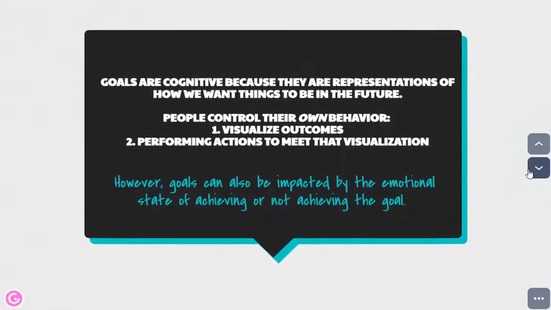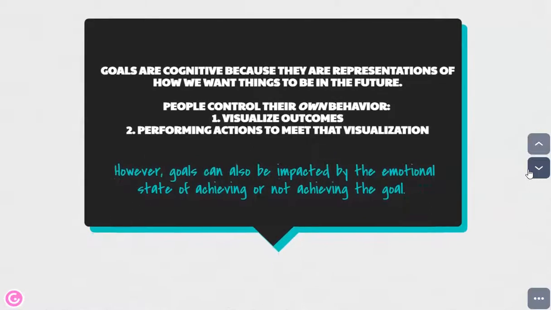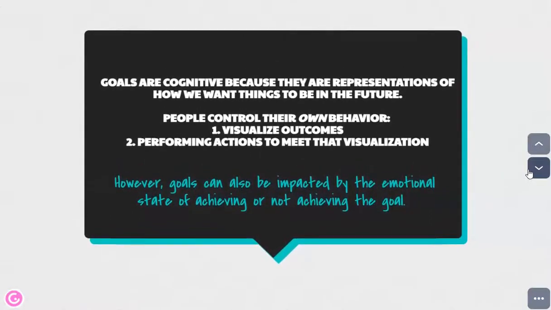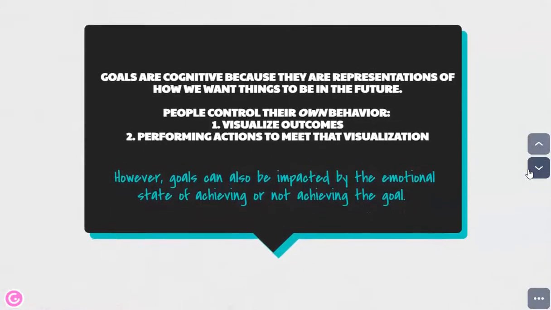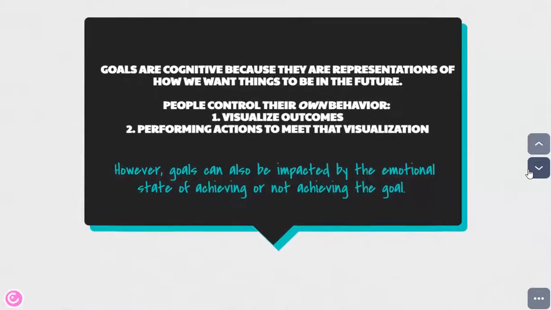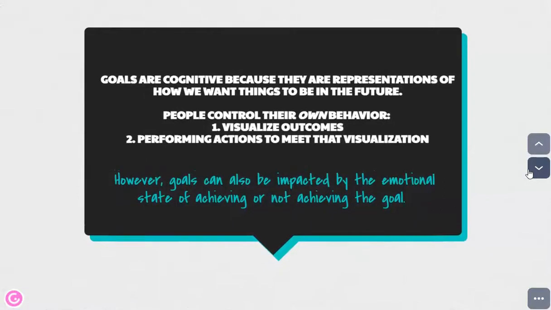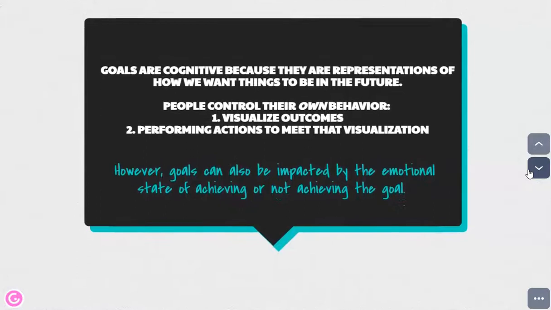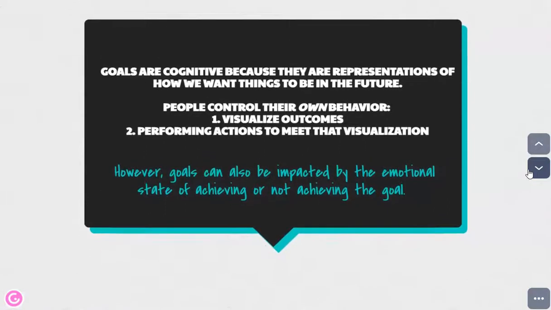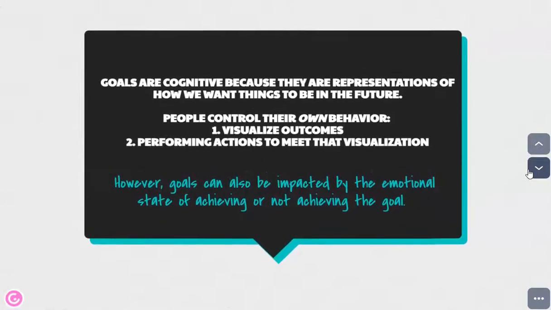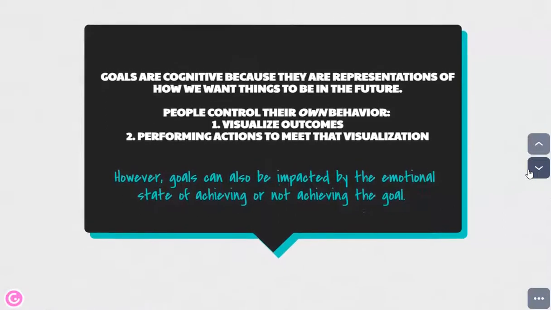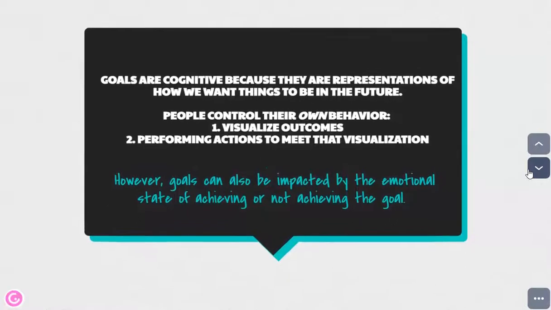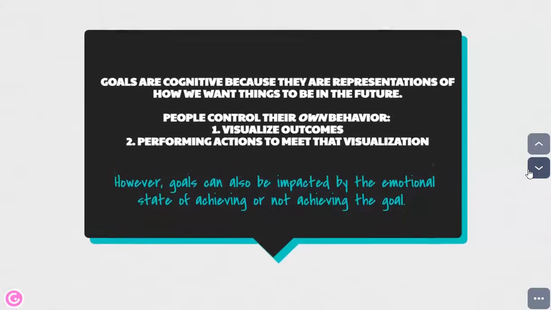So for instance, if someone is on a diet and wishes to lose weight, they think about how much weight they want to lose, they visualize the outcome. By the end of this diet, I want to be X amount of pounds. Then they think about the actions that they want to take. So they might eat different types of foods, eat fewer carbs, exercise every other day, whatever their approach is. And then they want to put those things into place with regularity in order to meet that visualization.